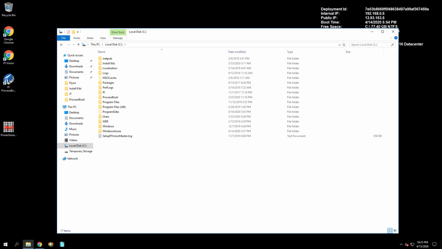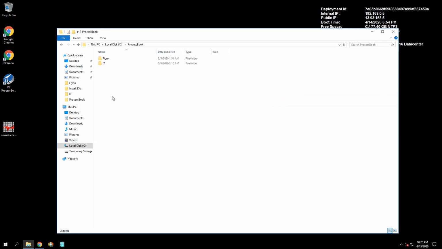Okay, let's review with a walkthrough of the first exercise on reviewing the existing PyProcessBook displays. I'll start by opening up the ProcessBook folder, and in this folder we have our two subfolders, Flynn and IT.